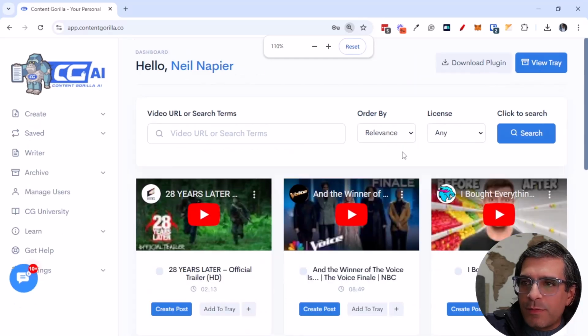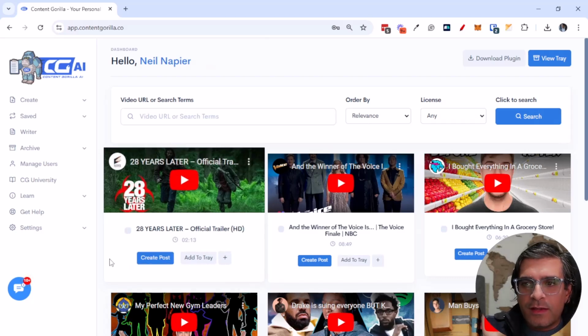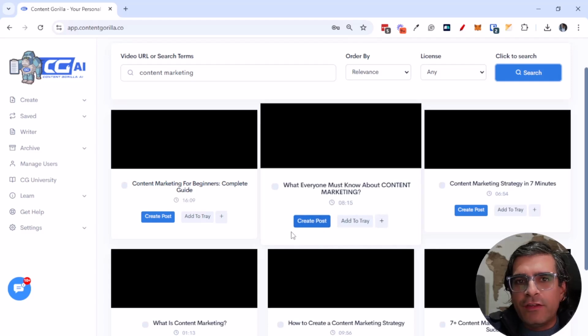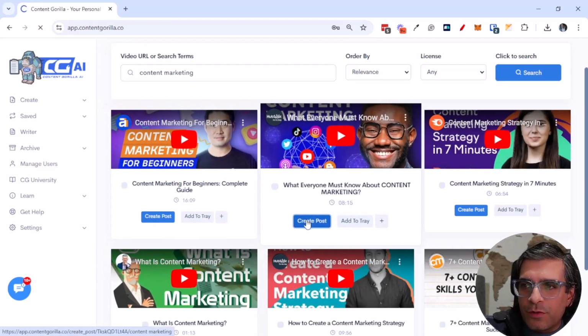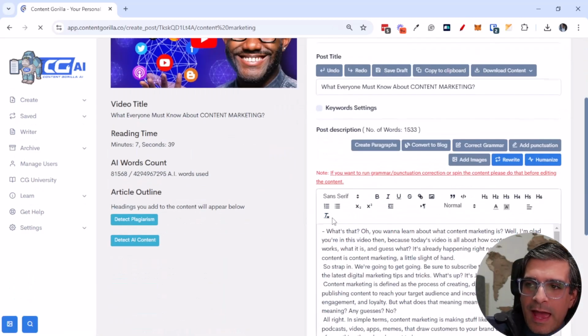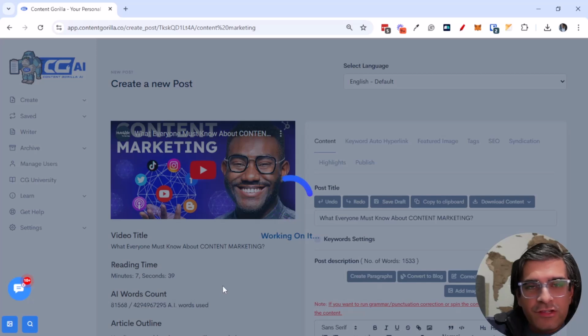So let's zoom out a little bit. There you go. So with Content Gorilla, you've got the ability to create a blog post, right? You can take a YouTube video, let's say a video on content marketing, and turn that into a brand new blog post within a matter of seconds. What it does is it gets a transcription of that video, and then with a single click, turns that into a blog post that is actually plagiarism free,